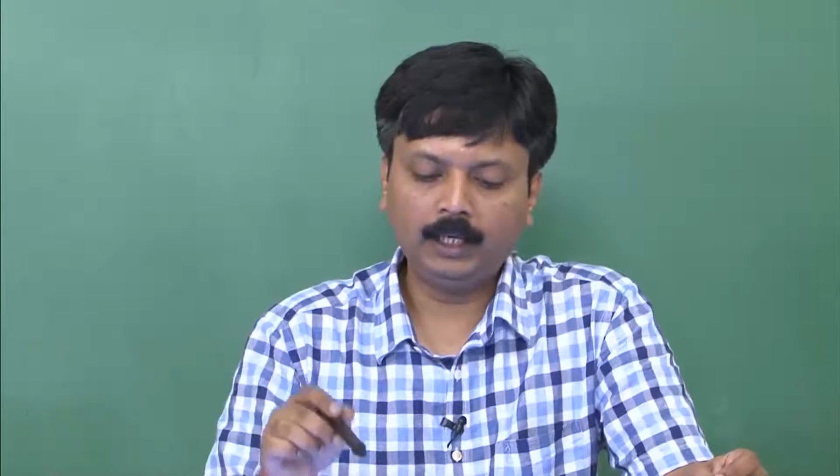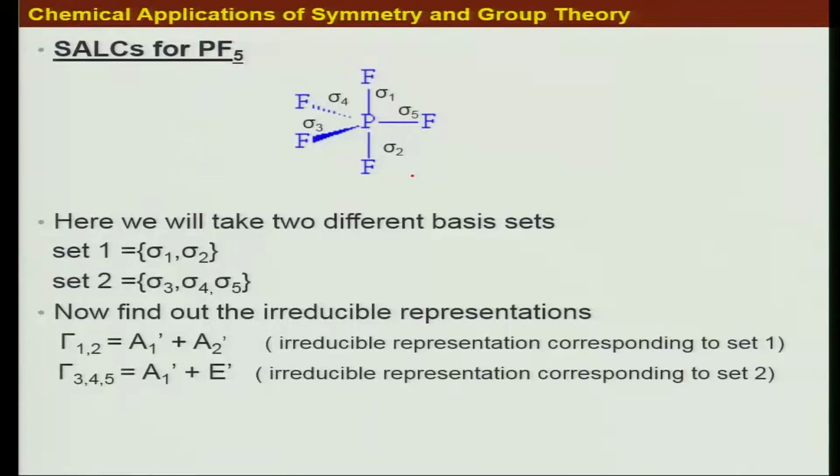So in case of PF3, when we set out to form the SLCs, first we have to choose the basis functions. Now here you see that the two axial PF bonds are equivalent, while the other three equatorial PF bonds are equivalent. Now these axial and equatorial PF bonds are not equivalent, so I have to treat them separately. So here actually